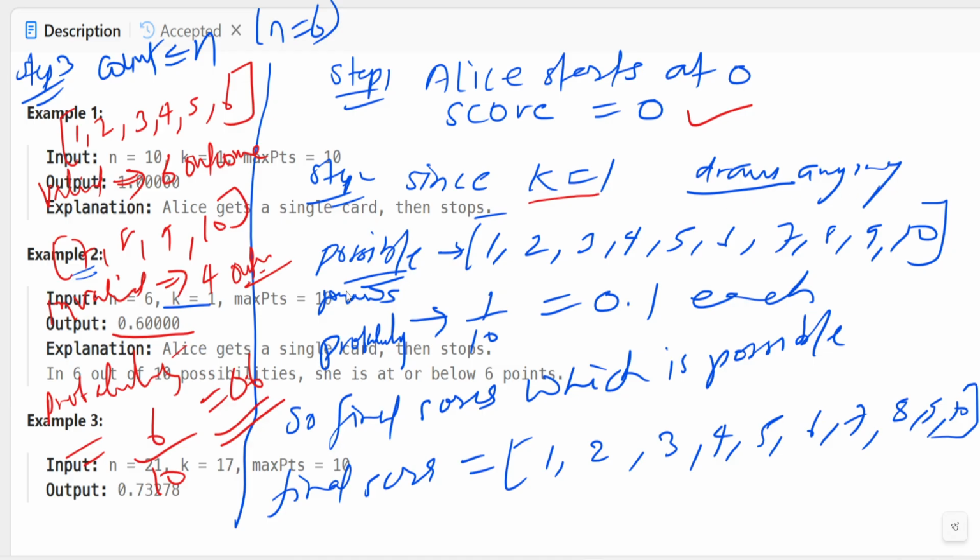The possible draws are between 1 to 10, so the probability for each is 0.1. The final score which is possible is from 1 to 10, right? So if the count we have been given is less than or equal to n, we have to count. If n equals 6, as given, then